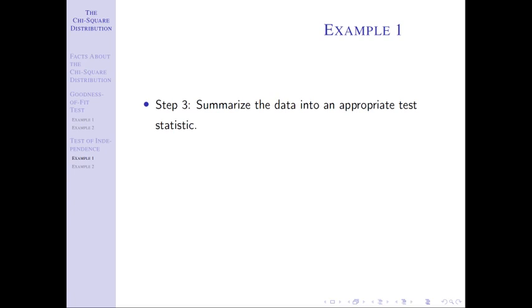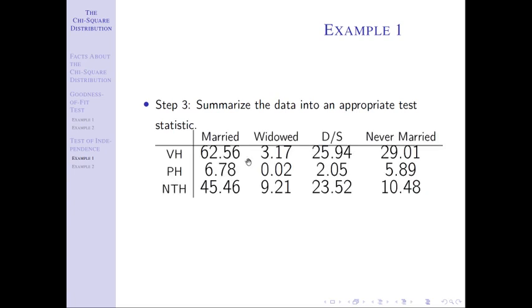435.02. I need to do observed minus expected squared divided by expected. That's a little bit of math, and so I'm going to make a duplicate table, and I'm going to put that value in each one of these cells of the table. So when I do observed minus expected squared divided by expected, these are the values I would get.